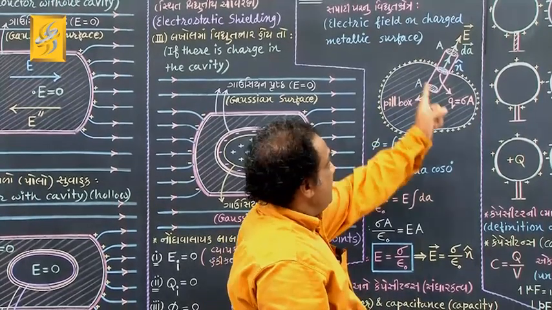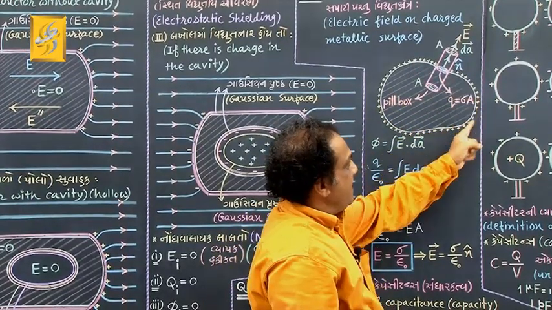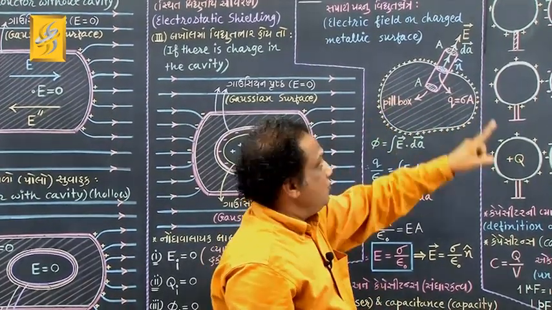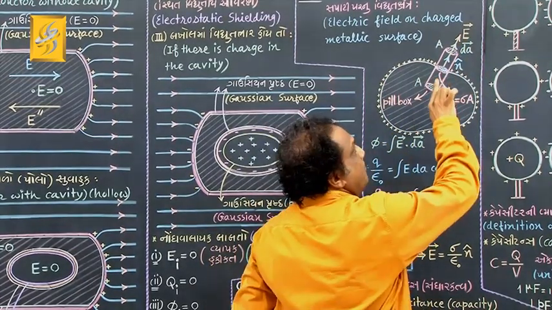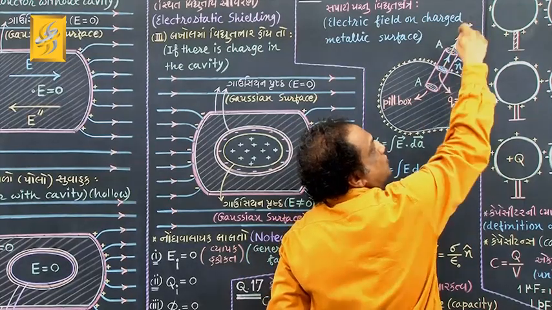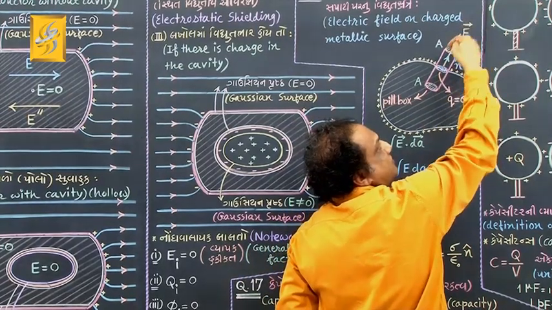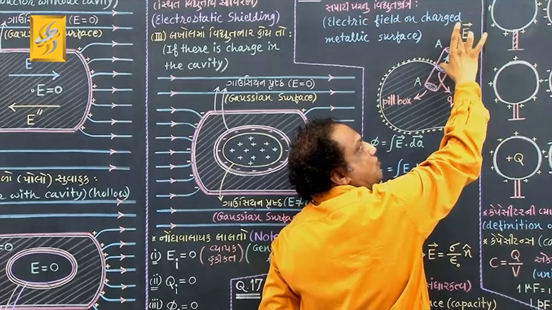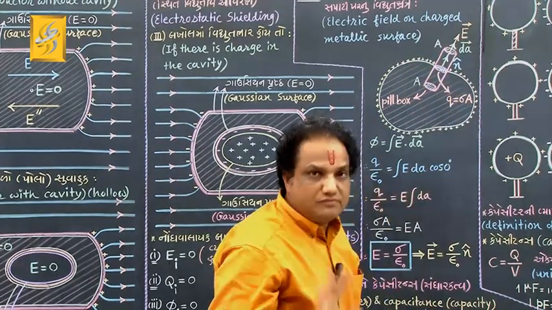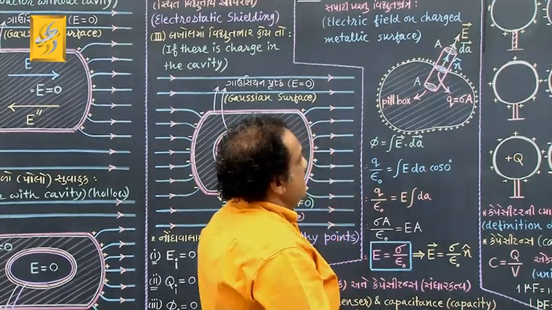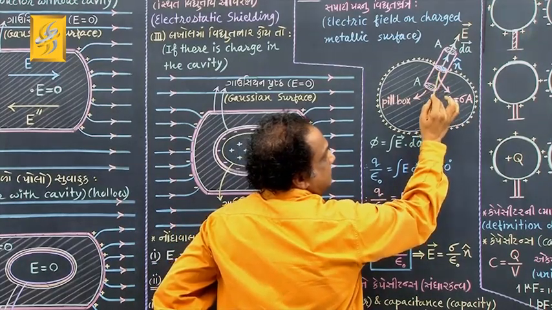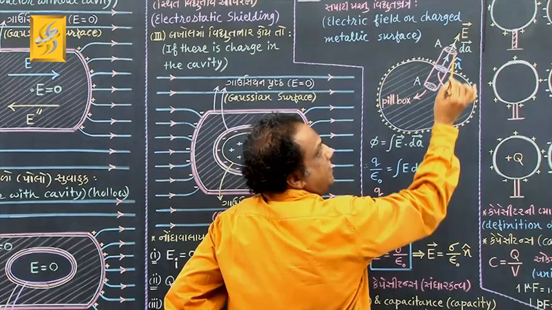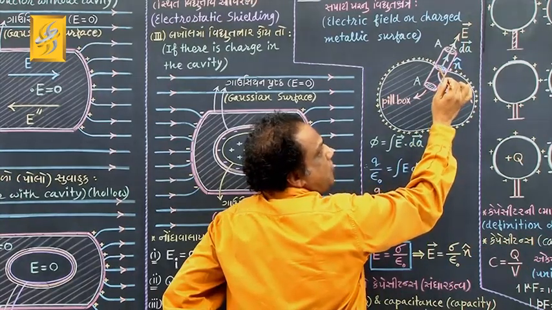Correct? Even in the presence of negative charges, you must still show the electric field vector outside, but not pointing this way, away from the surface. You should point it this way, towards the surface, but you must show that vector outside the metallic conductor. Okay, fine. Now, because this part is very small, almost you can say electric field at all such points on